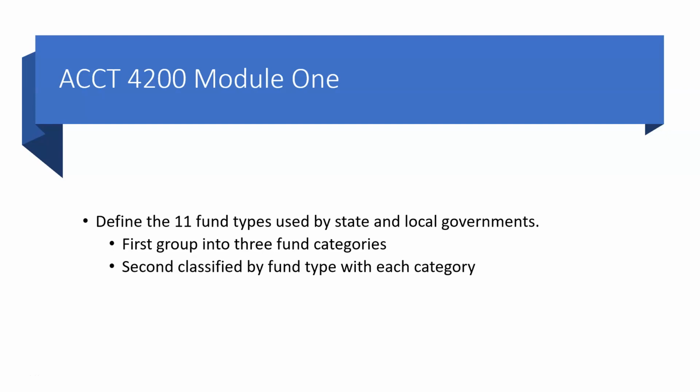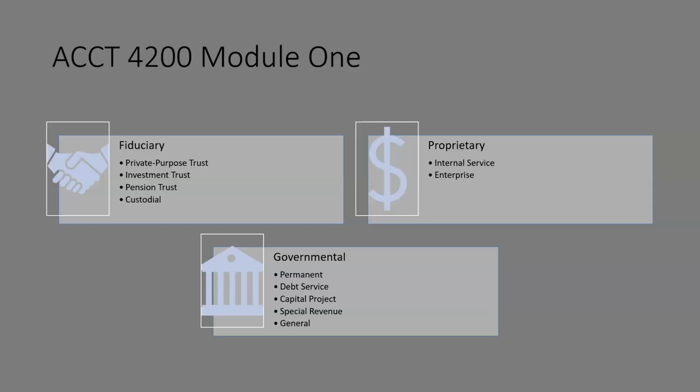They're first divided into 3 fund categories, and then secondarily, they're classified by type within the category. And so I'm going to share those with you. We have fiduciary, and fiduciary means it's a trust. So this is money that's being held for a purpose for somebody else. And so there are private purpose trust funds, investment trust funds, pension trust funds, and then what we